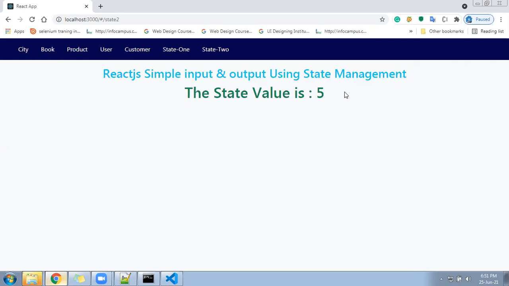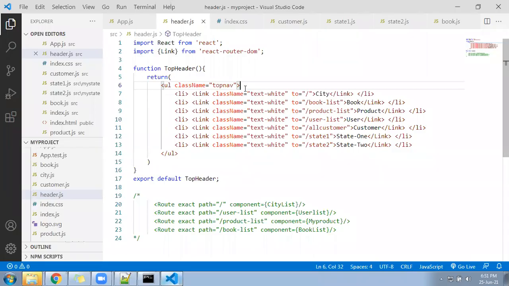The state value is how much? 5. Hope all are on the track. Anyone error? No error.